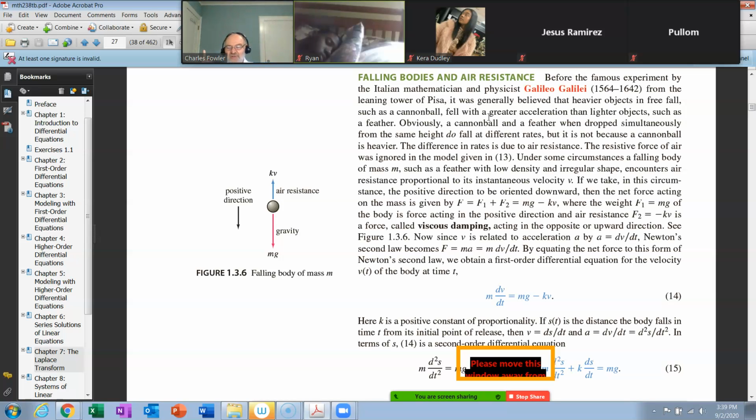He proposed all objects fall at the same rate. The difference being, though, lighter objects are more apt to be influenced by resistance or friction. Now, of course, that makes sense. So here is then the